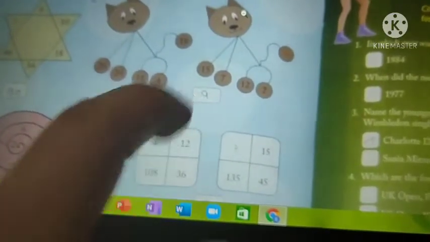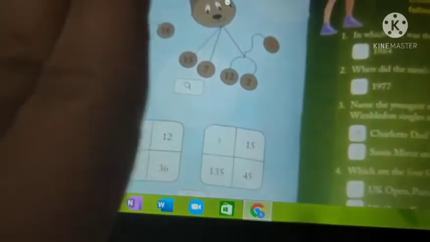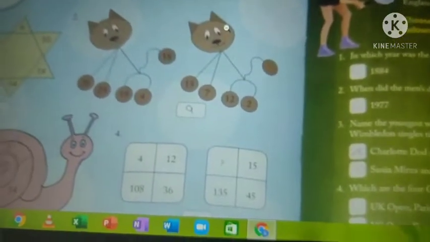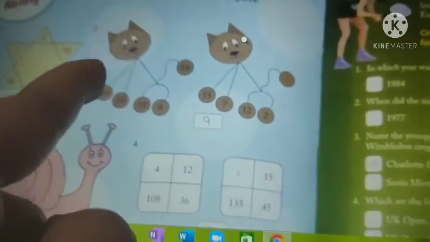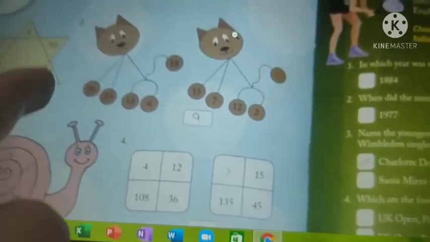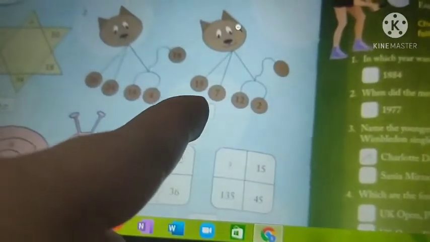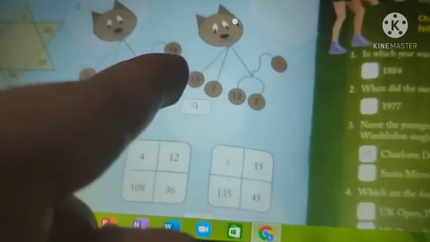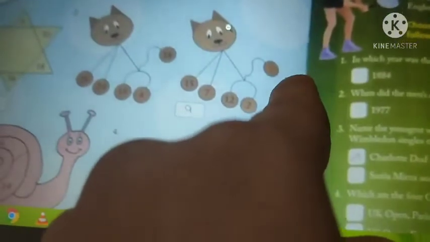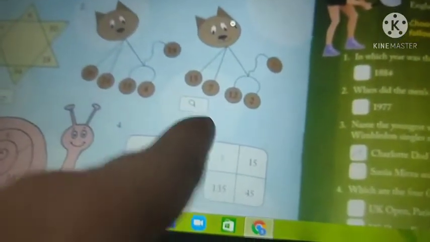If you feel a little bit confused, no issue. Stop the video, just scroll a little before, and here once again you will easily understand. The total of the first diagram divided by 2 is the answer for the second diagram. For example, if you want to get 45, what number should you add here? 9 you should add here. That is the answer. So 9 is the answer.